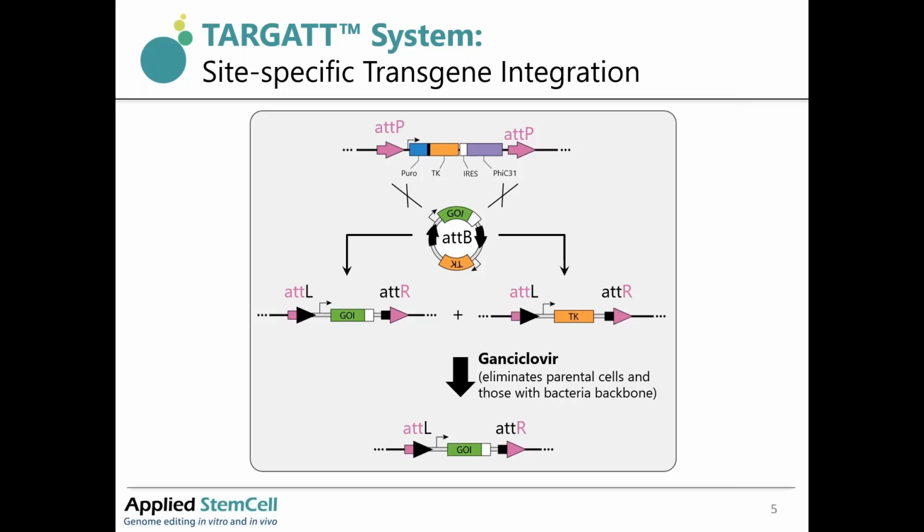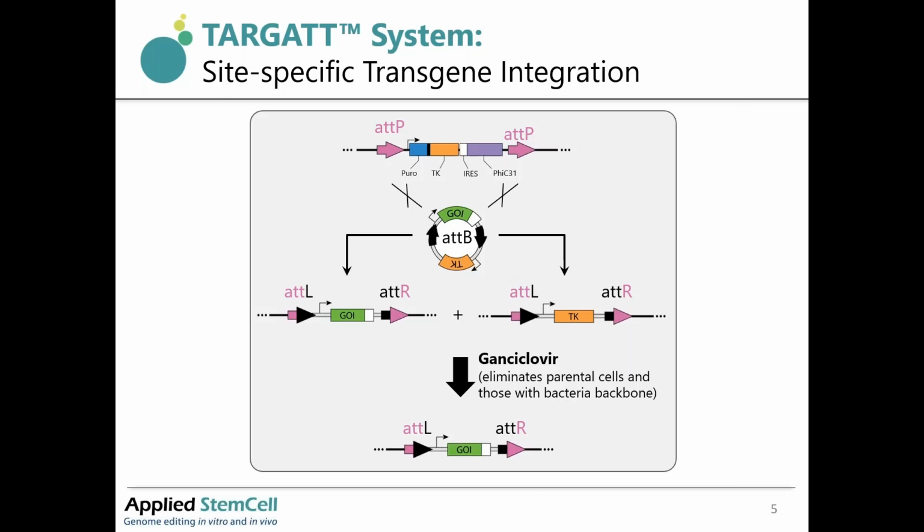So the master cell line contains 2 attP sites with a landing pad containing other elements shown here: puromycin, thymidine kinase, and also phiC31 for different purposes. And in the donor DNA, there are 2 attB sites and 1 GOI, and also a bacterial backbone containing the TK as well. So after recombination happens,